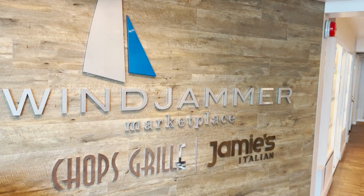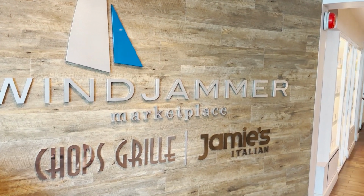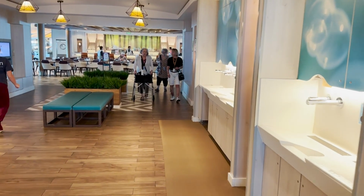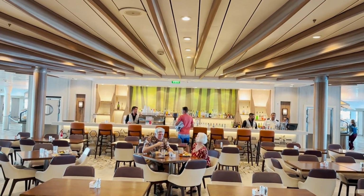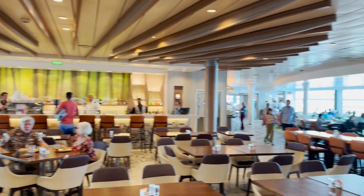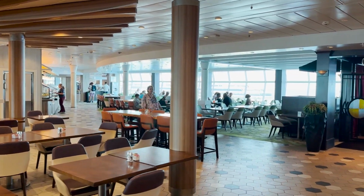This is the buffet for Royal Caribbean ships, and you'll see the name of 2 specialty restaurants listed there as well. Those are accessed from this area. Let's head inside. So right when you come in, of course, you're going to have your hand washing stations, and past that we enter into the actual buffet area. Now we have a bar centrally located, and then you can go this way over to the starboard side, or you can go this way over to the port side. They're pretty much going to be a mirror image once you get past this point, but a couple of differences